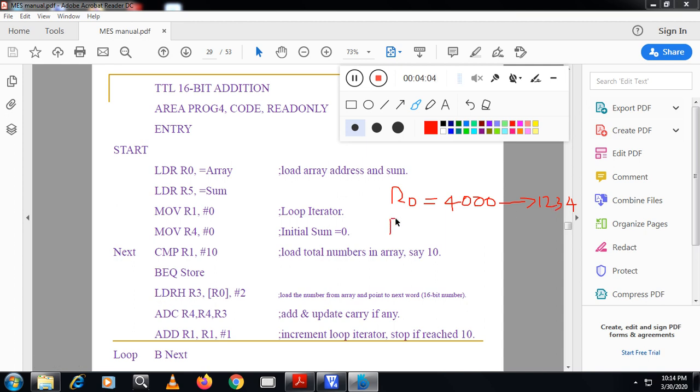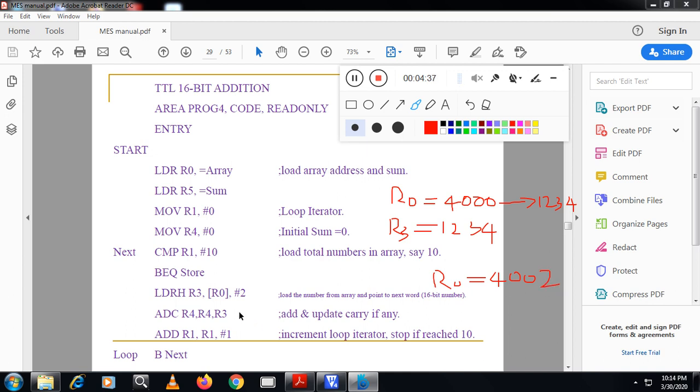Now R3 becomes 1, 2, 3, 4. After that, it will increment the address by 2 because it is a half word. Now our address in R0 becomes 4002, so that in the next iteration I can directly pick the number from this address. And this method is called post-index.